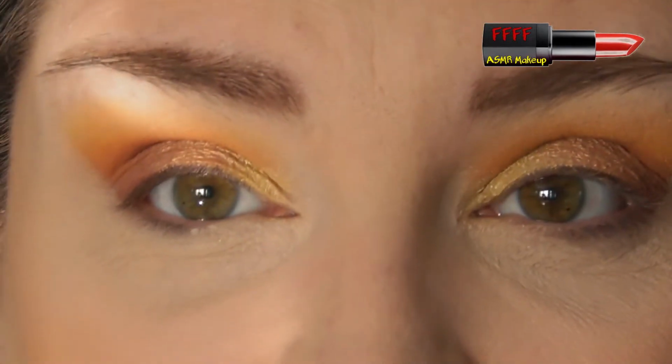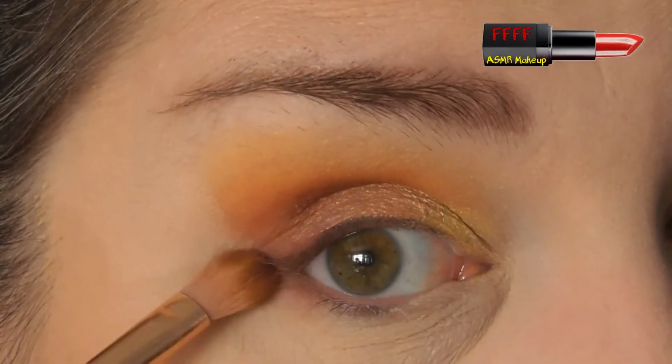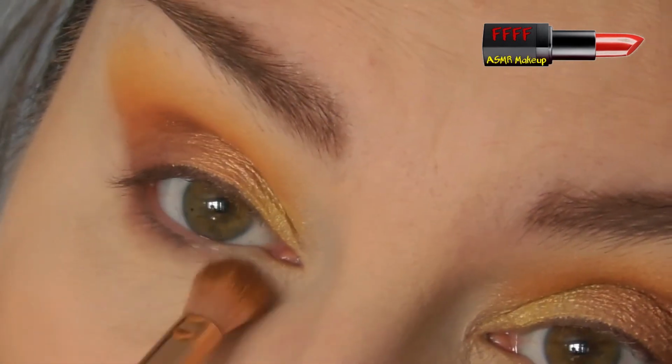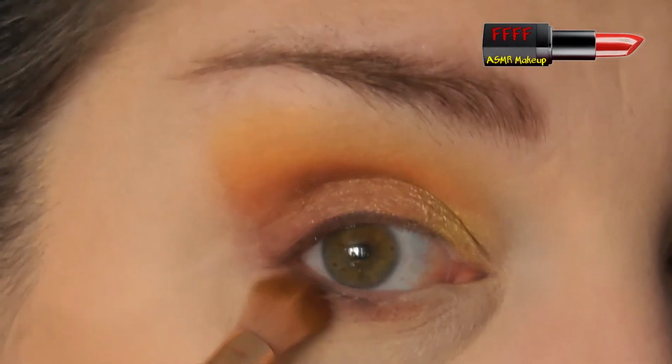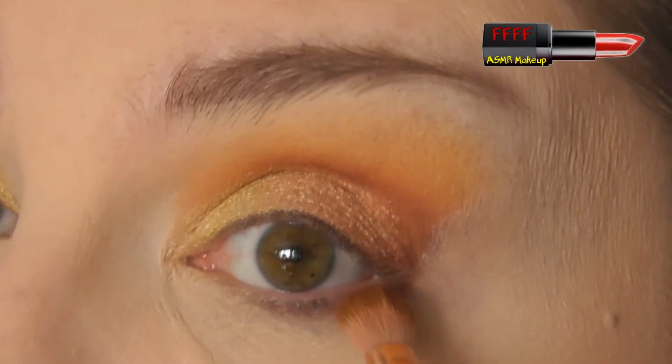Using the flat packer brush again. Sun's come out, can you tell? Using the flat packer brush again, I am going to go into chai tea. I'm just going to dip the very tip of the bristles in the shadow, and then very gently buff up under the lower lashes, close as I can, just linking up